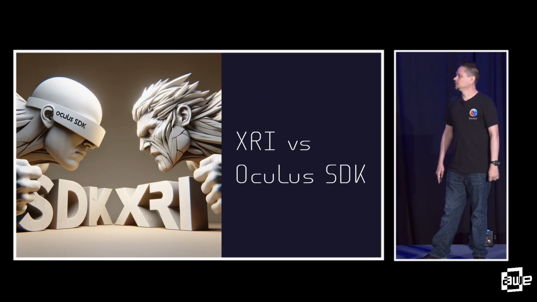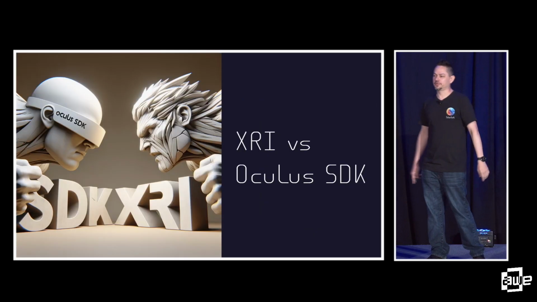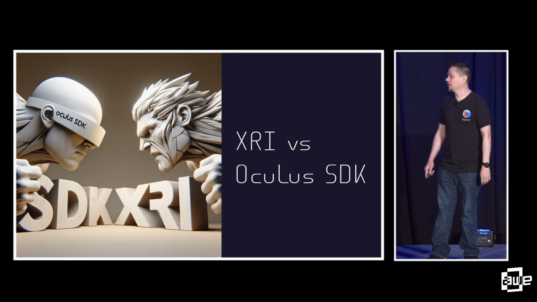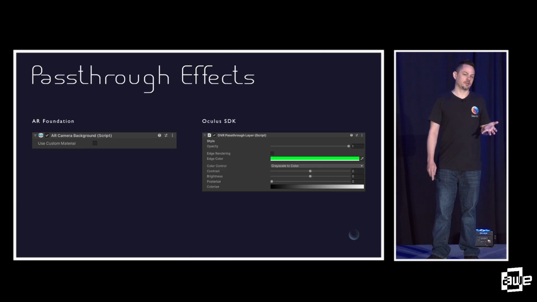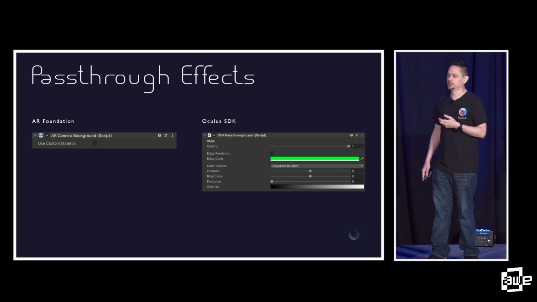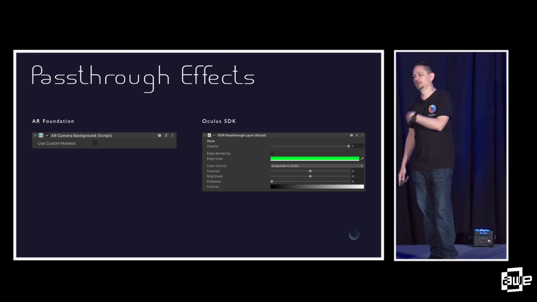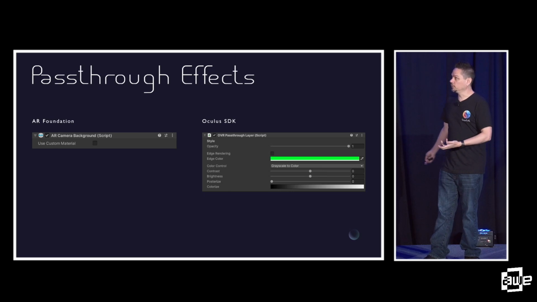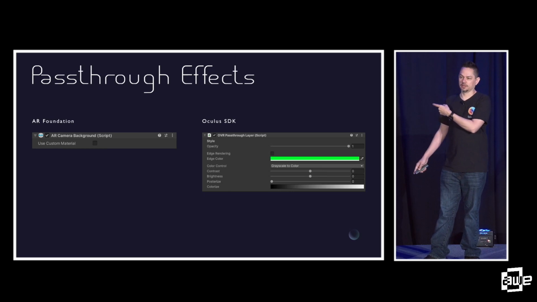Okay. So I just told you all this wonderful stuff about XRI, so why would you use a native SDK? I wanted to talk a minute about some of that. There are things that native SDKs still make easier for you, and my first example is pass-through. If you have an example like, when I pick up a health pack, I want to tint the screen green, or if I get hit by a projectile, I want to tint the screen red, you could do that in both, but Oculus gives you a nice color picker.